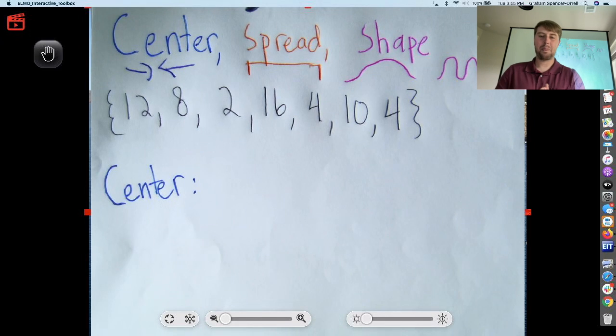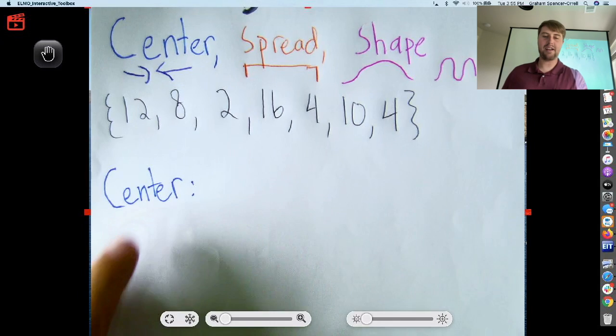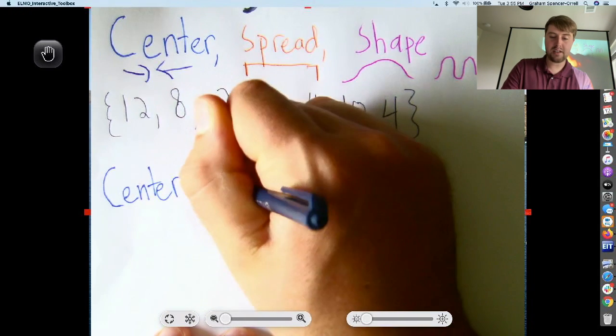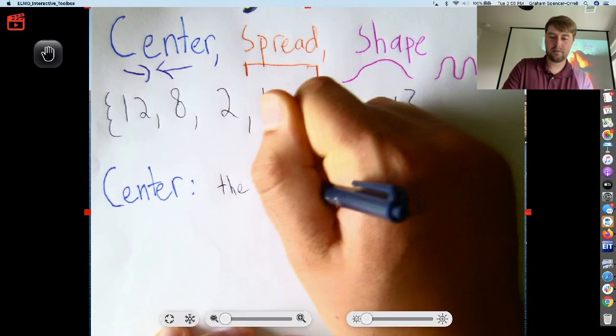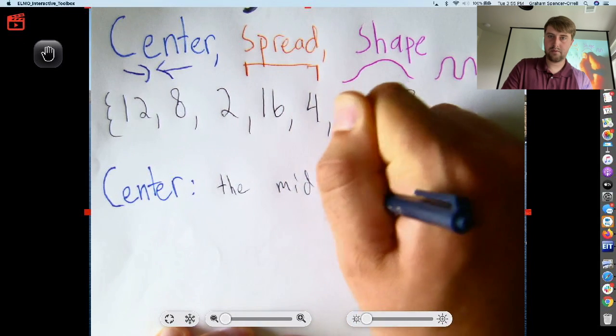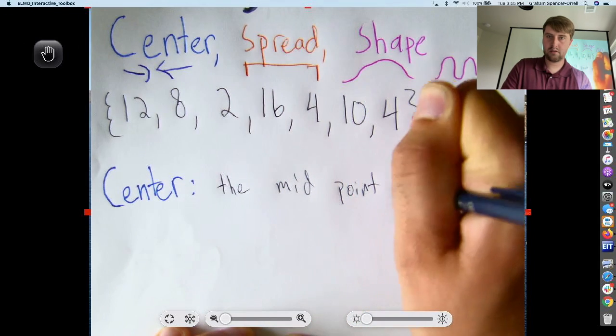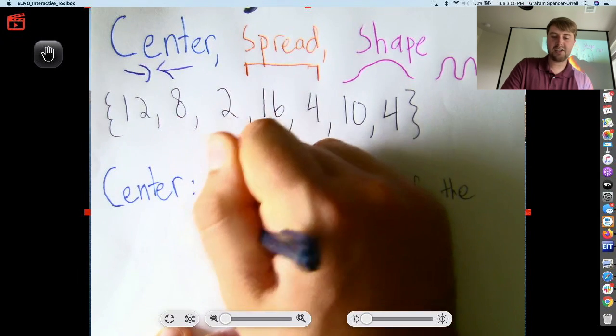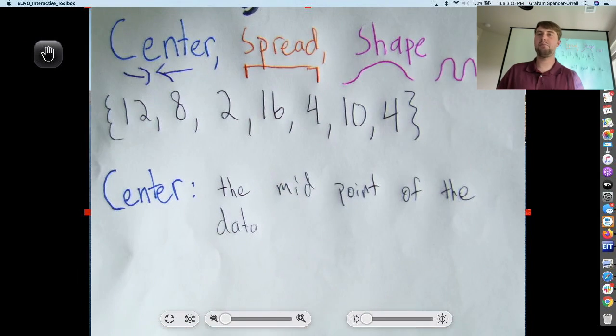All right, welcome to our mini lesson on looking at the center of data. Center is simply that. We're trying to find the midpoint of the data. What is data? Data is just our set of numbers. Oftentimes we'll pull them from different things. Temperature is a common data, amount of money that different things cost in different places, another very common source of